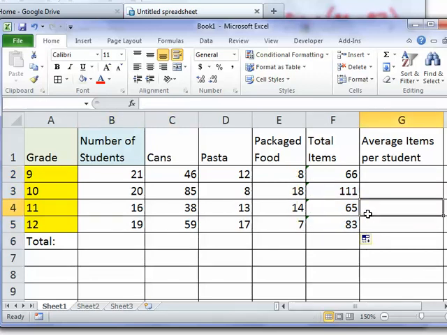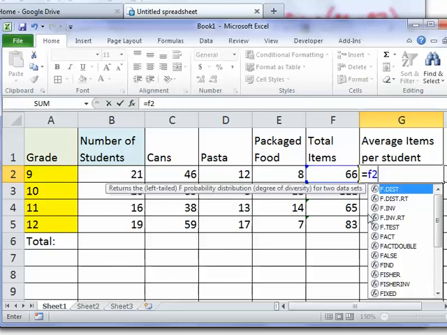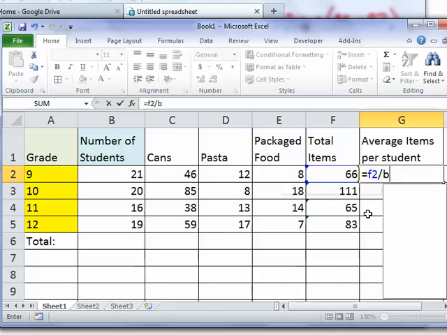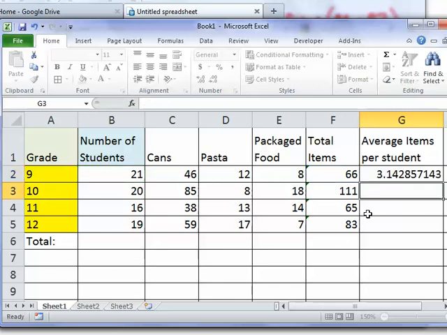The average items per student basically means I'm taking the total number of items and dividing it by the number of students. So in this case, try to come up with a formula to find the total number of items divided by the number of students, which can then tell me approximately how many items each student brought. Well, hopefully you figured out that it's equal sign F2, cell F2, divided by cell B2. So it is a total number of items divided by the total number of students in that class. So in that case, I get approximately 3.1